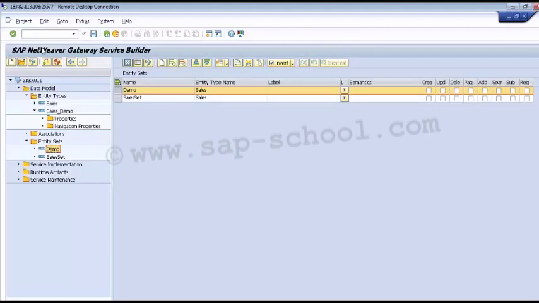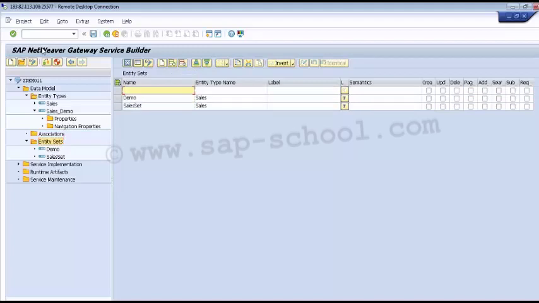Alternatively, we can also expand this data model folder, and then in the project view we can double click the entity sets. Then we can see the maintenance view, the mass maintenance view, and we can click on the insert row option.